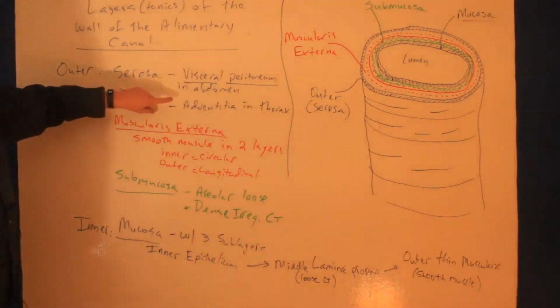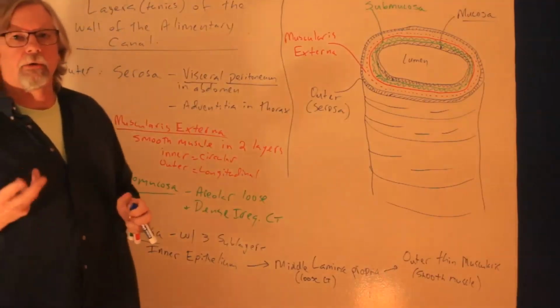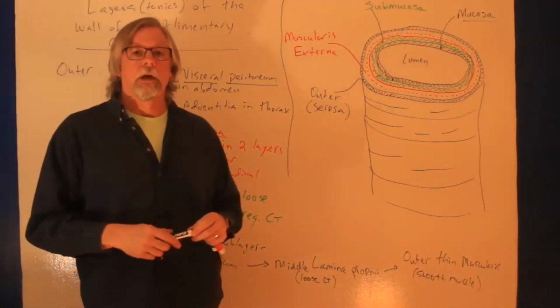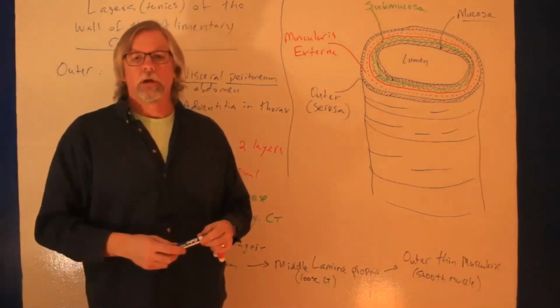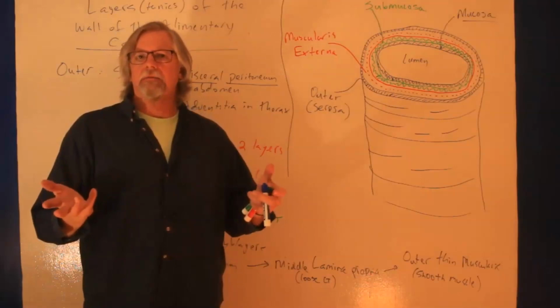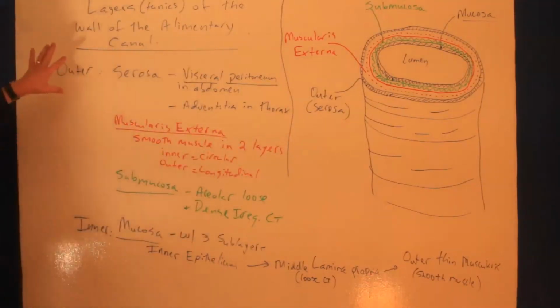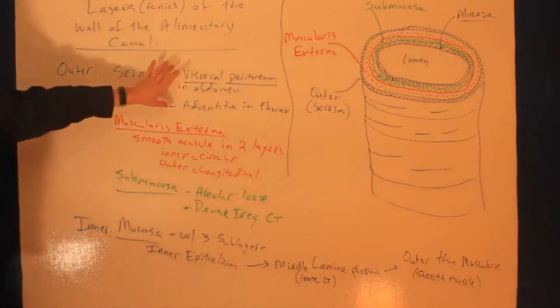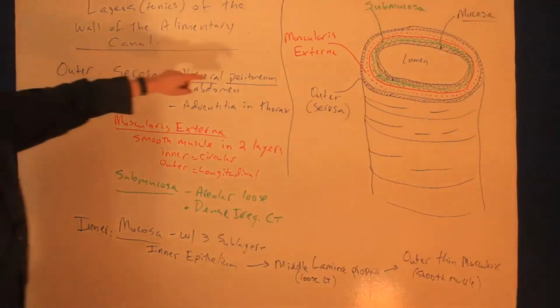In the thorax, the only segment of the alimentary canal is the esophagus, and the name of the wrapping on the outside is called the adventitia. It's slightly different, but it is a connective tissue protection. And both have this kind of wrapping around them. Okay? Going in from the serous membrane now,